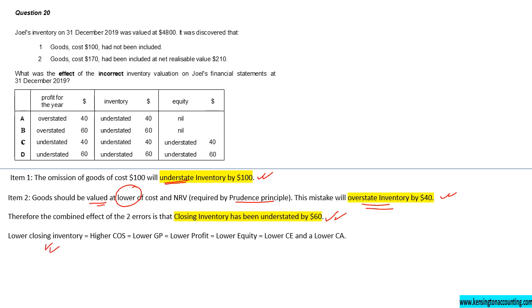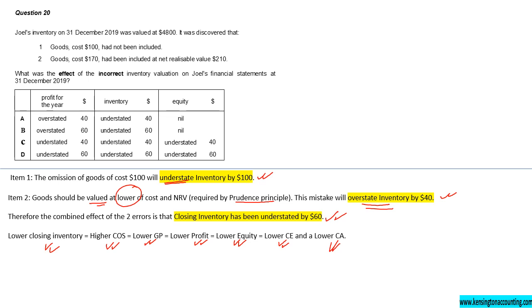Now the effect of a lower closing inventory is that the cost of sales was overstated, and because of that gross profit will be lower, and because of that profit for the year will be lower. Because of that the equity in the balance sheet, to which profit is added, will be lower. Now equity is part of capital employed, because capital employed is equity plus long-term liabilities. Therefore capital employed will also be lower, and closing inventory, which is part of current assets, and also the total assets will also be lower. So this is the impact of